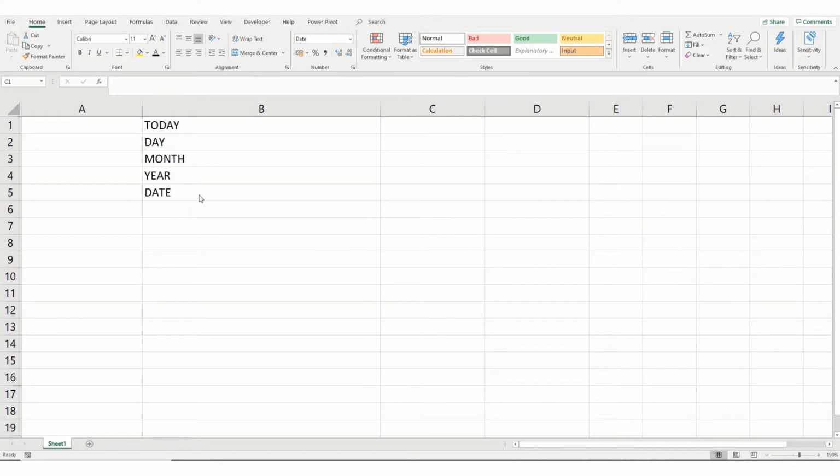In this very short video, we're going to take a quick look at the day, month, year and date functions. Now these are extremely simple functions to use. We're first going to look at getting today's date using a function we have looked at in a previous video. So we're going to type equals today, open the brackets and then close the brackets, and we get today's